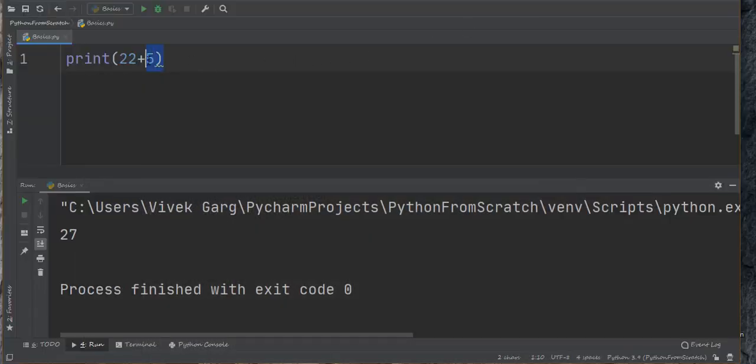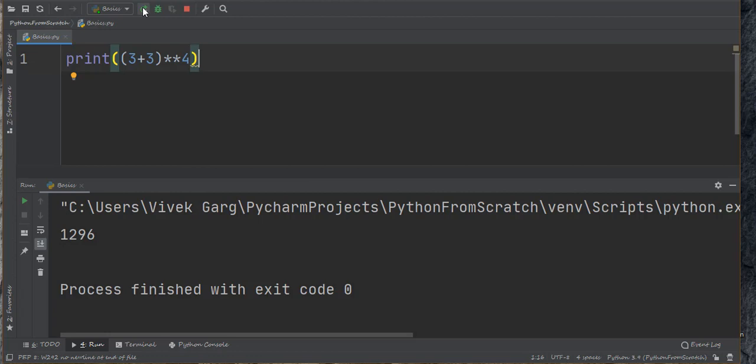We know that highest priority is given to the exponent. But how I can change that is (3 plus 3), and here I'm going to give it exponent 4. Okay, so let's run it. 1296.